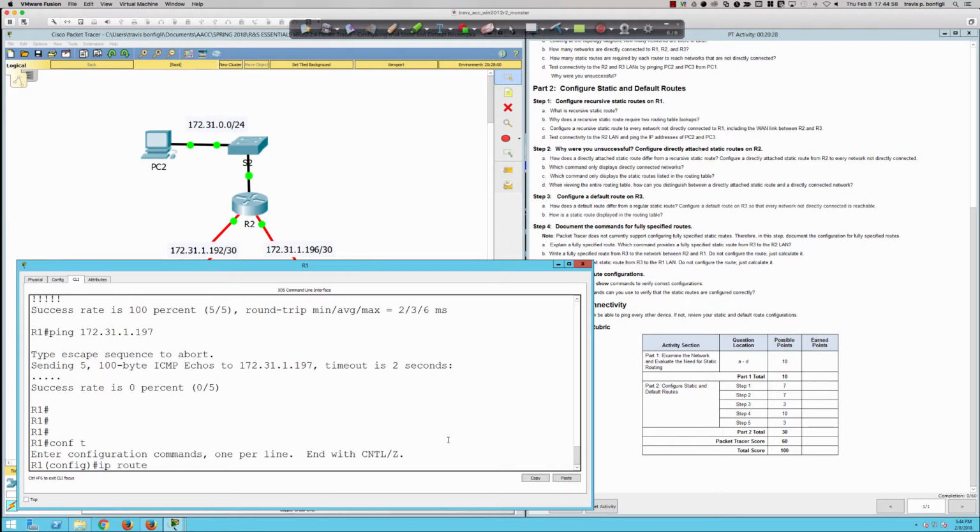So IP route. Now, here's how I think of it in English, and try to get yourself into this habit of saying, my IP route to get to the 172.31.0.0. Now, I wish you could say /24, but you can't. You're going to have to do the dotted decimal notation here for the subnet mask. So my IP route to get to the 172.31.0.0/24, or the 255.255.255.0, is going to be to go to the next hop IP address,